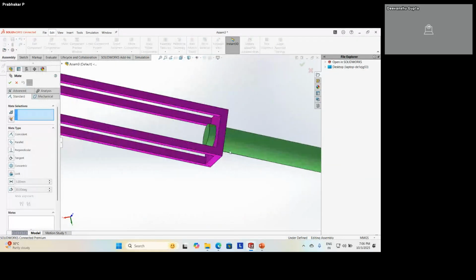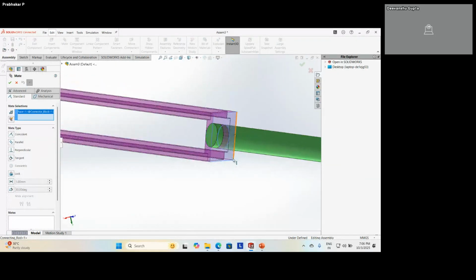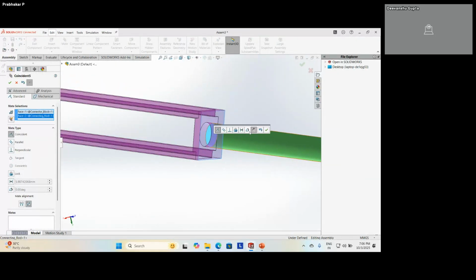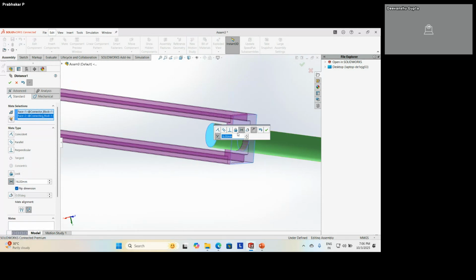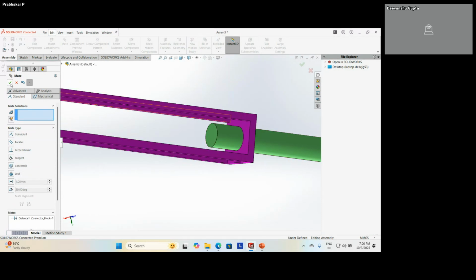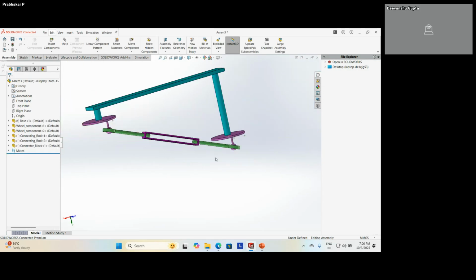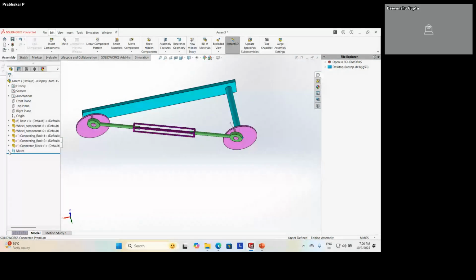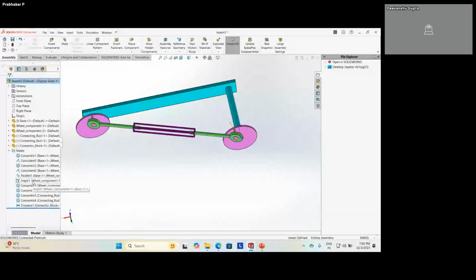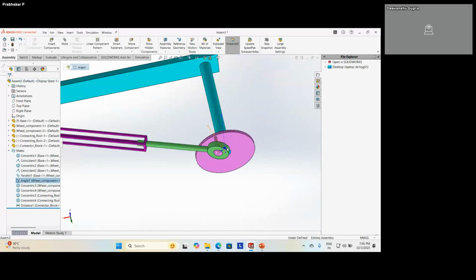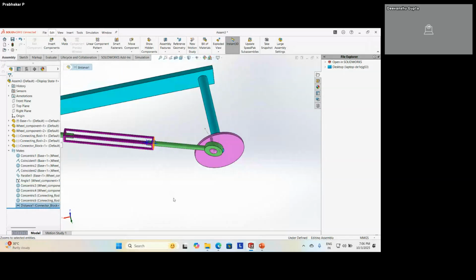Mate this outside face and this inside face. I give dimension 16. I have maintained this angle also. You can see here angle 1, 18 degree, and this distance 16 mm I have maintained.